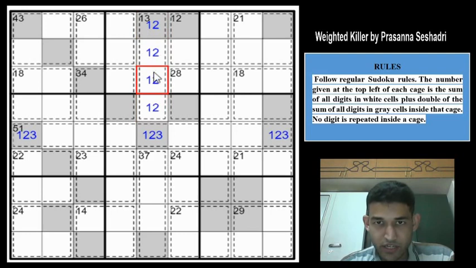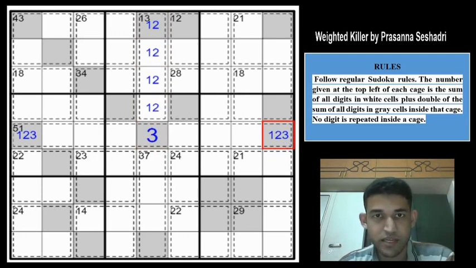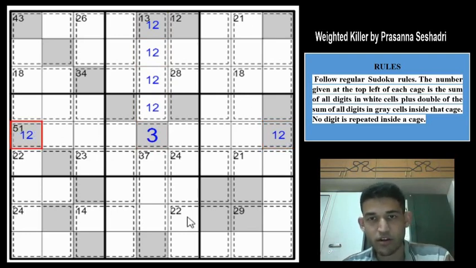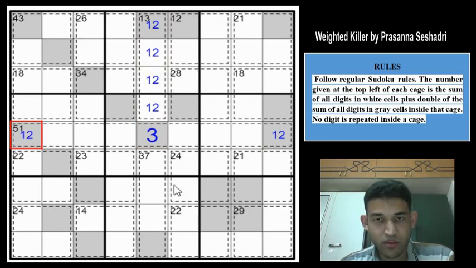However, we are sure that 1 and 2 must be in this cage, which means that row 5 column 5 must be a 3. It can't be a 1 or 2. So these two cells must be 1 and 2 in some order. So now that we have taken the 3 away, the minimum possible digits in these cells will be 1, 2, 4, 5. Let us see if we reach the total with that.